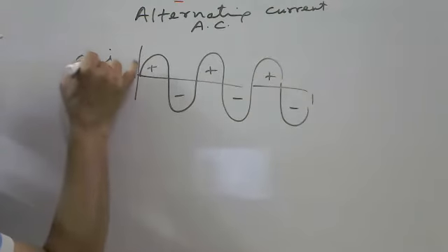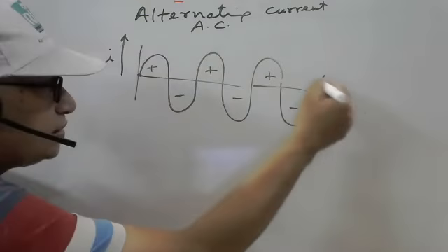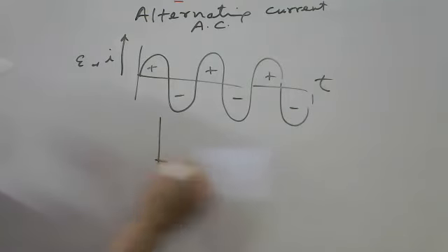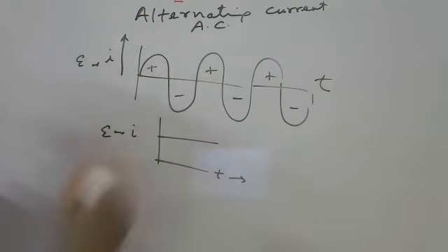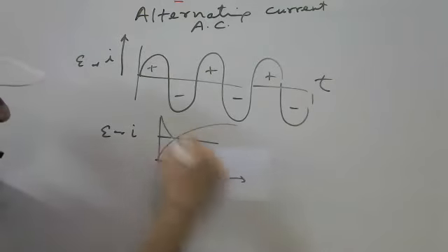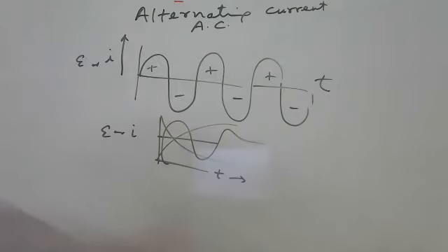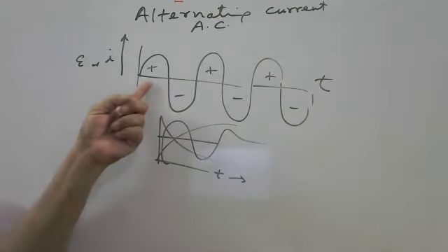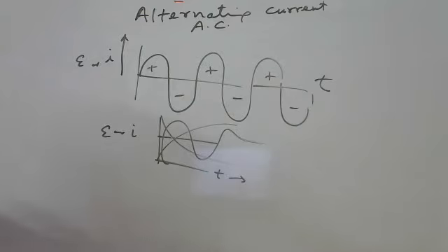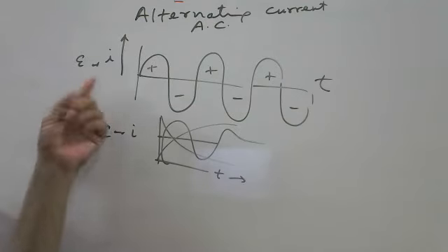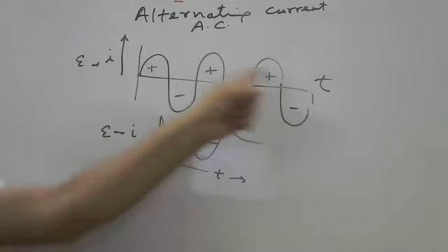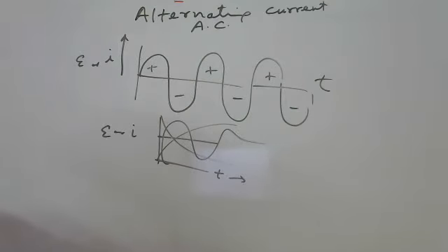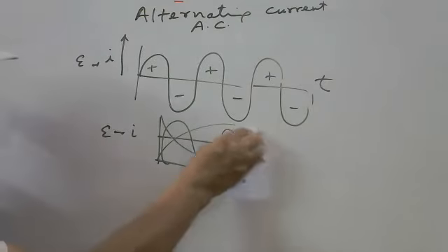Whether it is current or EMF, varying with time, this is AC, whereas in DC there is no change in the polarity, so it is called constant DC, whereas these are the variable DC. This is the case only which is AC. So in AC, polarity of current and voltage changes continuously, alternately, positive, negative, positive, negative, like this. So it is called AC, and we are discussing here AC in detail.